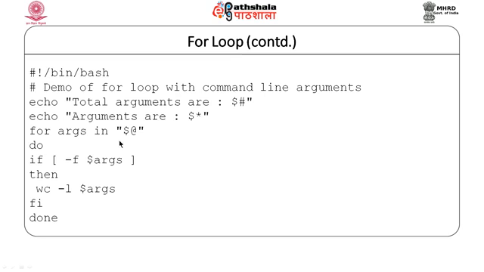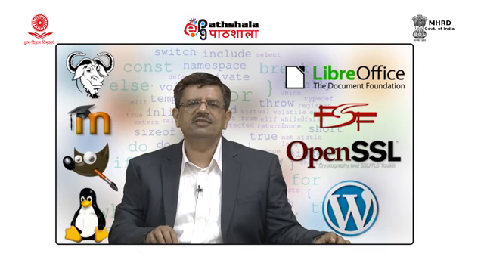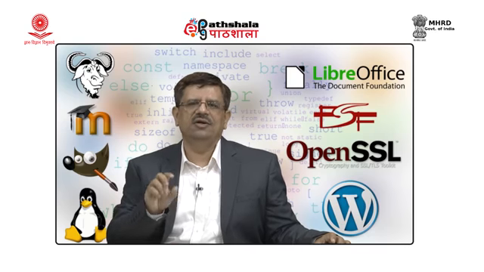$@ will evaluate into the list of arguments, and for each element the for loop is going to iterate. Here I have also checked whether the argument is a file name or not. If it is a file name, we display the number of lines for that file. You must note that I have used $@ because I do not want the list to be a single string. I want the list to be string 1, string 2, string 3, whatever command line arguments we have supplied; those number of strings must be expanded over here.